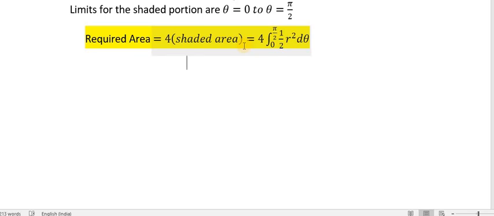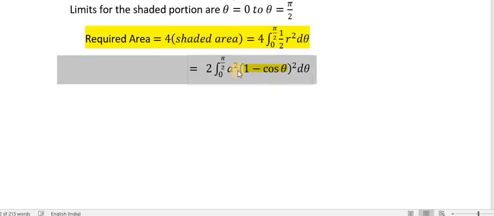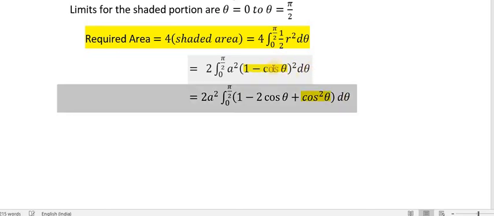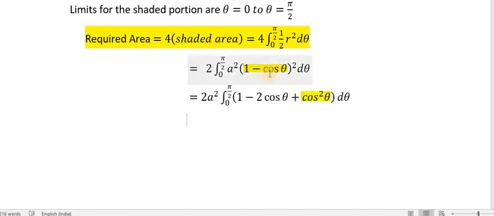And by substituting the value of r square, we get 2, 4 will be cancelled by 2, that is 2 times 2 integral 0 to pi by 2 a square into 1 minus cos theta whole square d theta. Now 1 minus cos theta whole square, let us expand by using a minus b whole square. So when you expand, you will get 1 minus 2 cos theta plus